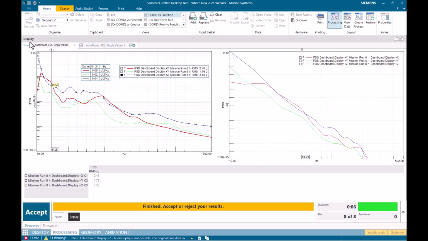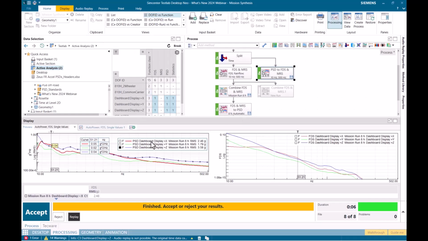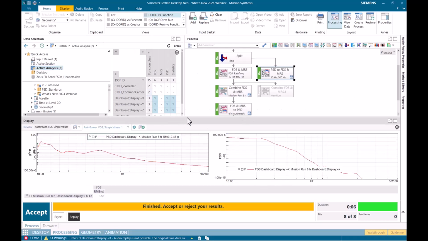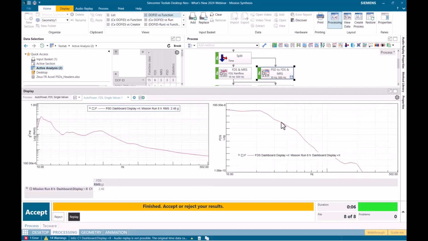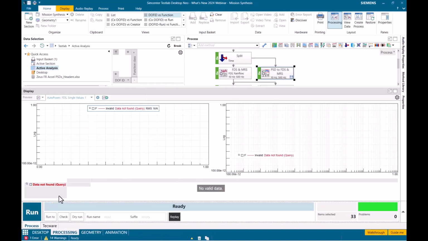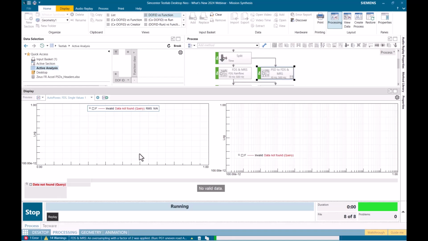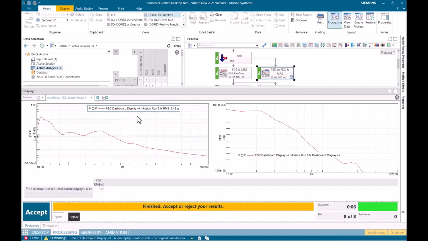There's some nice functionality in TestLab where I've created a little custom report here showing this same information: this PSD dashboard display, X, the FDS, and the RMS value. And if I reject this and run this again, you'll see every time I perform this analysis, this display will automatically update with all of that process data.